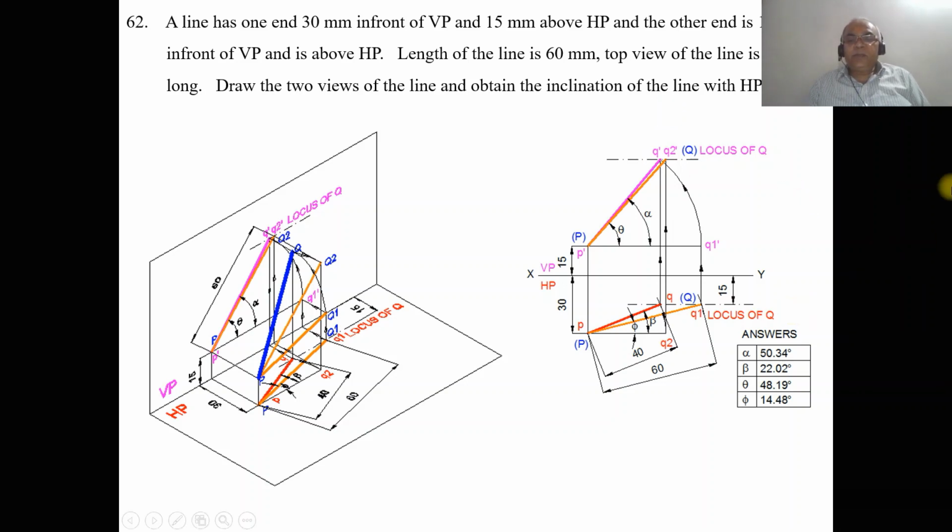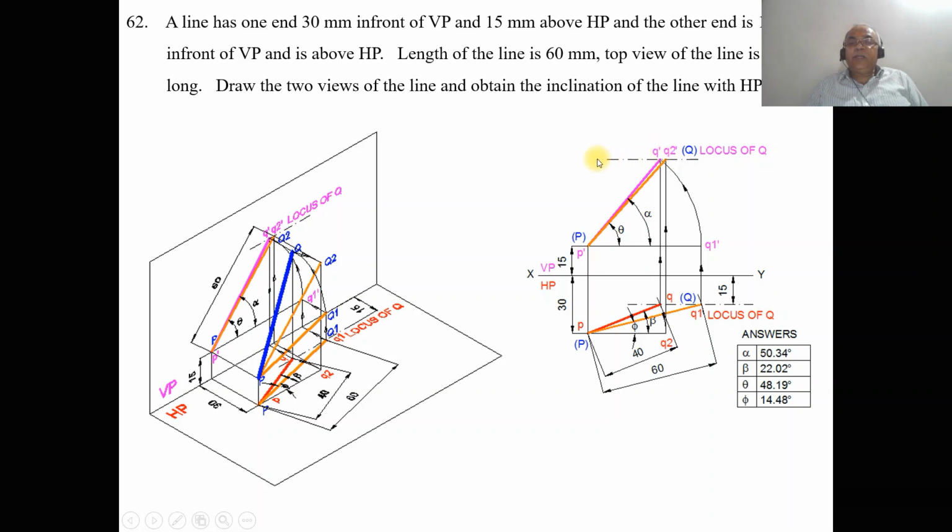So now you will take the true length in the top view. As we know that this is the true length in the top view, obviously P dash Q1 dash should be above HP by 15 mm, because P dash is above HP by 15 mm. Q1 dash should also be above HP by 15 mm. Then only the line is parallel. So from Q1, draw a vertical projector till the locus of Q and you mark this point as Q1 dash. Then by using the compass with P dash as center, taking the radius of P dash Q1 dash, you rotate it such that it will cut on this end projector line which is drawn from Q. Mark this point as Q dash, then join P dash Q dash with a dark line. So this will be the front view.